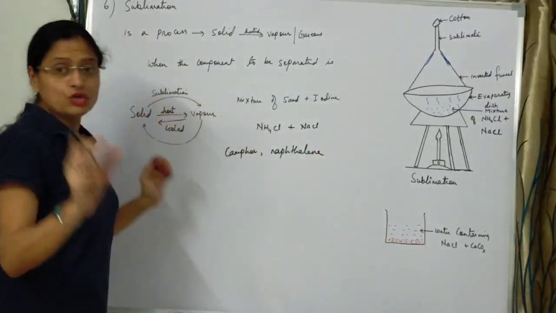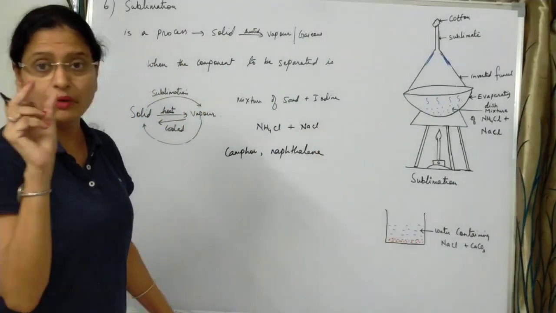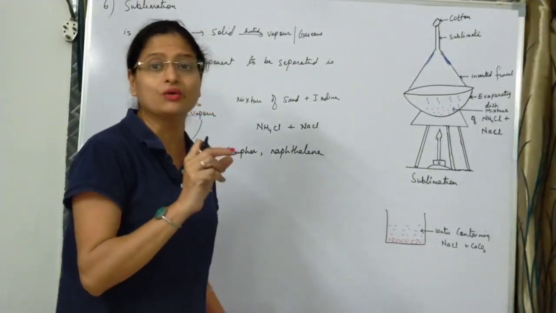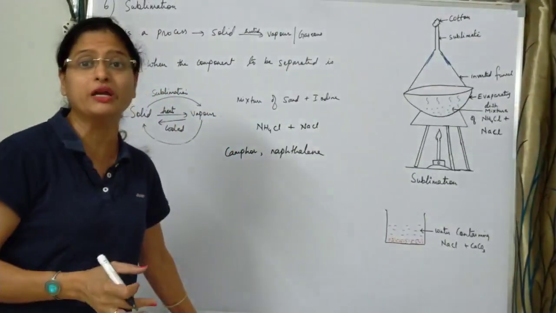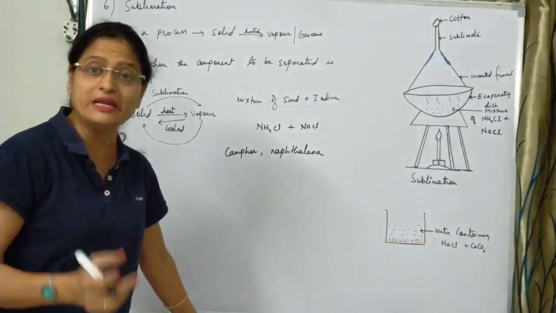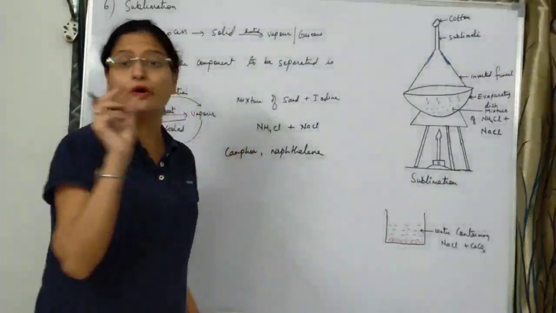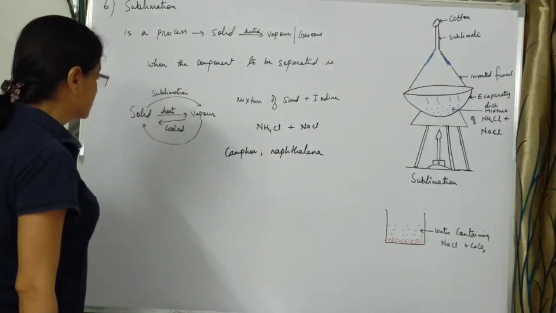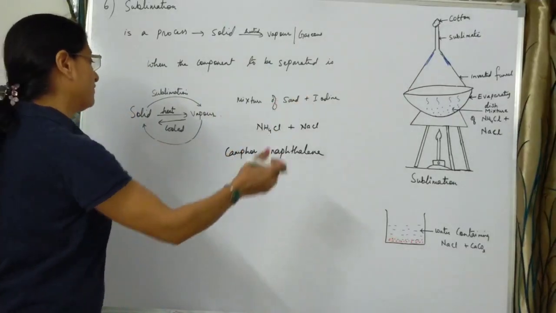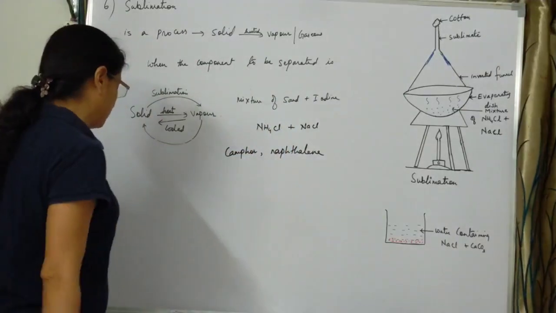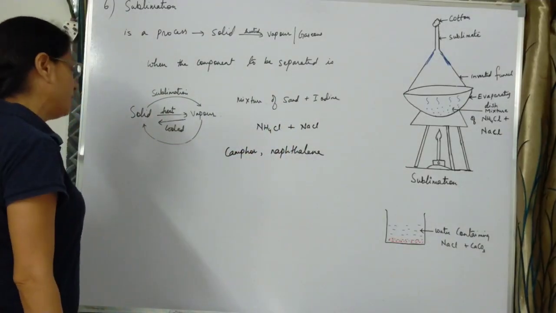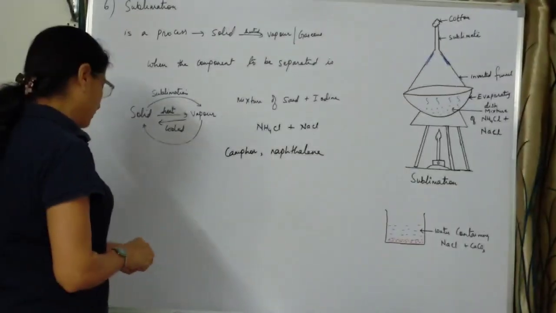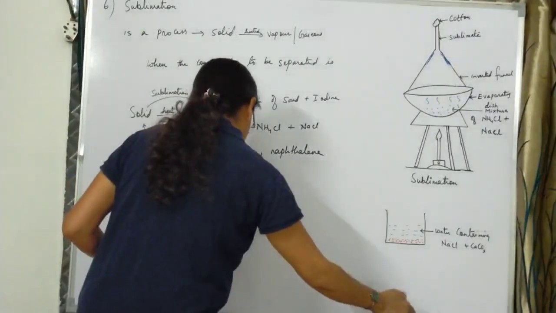Now what is naphthalene? Those white colored balls which we keep with our clothes so that the clothes should not be destroyed by moths or any insects. Those white colored balls are called naphthalene balls. So all these substances are sublimable. If these substances are mixed with some impurities, then we can separate them by the process of sublimation. Okay, we move on to our next method of separation.